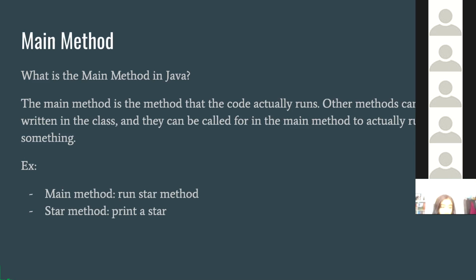So if we go back to our idea of methods inside of classes, the star method still has to be written inside of your class, but the main method has to be calling the star method. Does everyone get that? Are multiple methods in a class? Yeah, they're all attributes of the class. Inside of the class you can have as many methods, as many variables, whatever you want, but only the things you have in your main method are going to run.